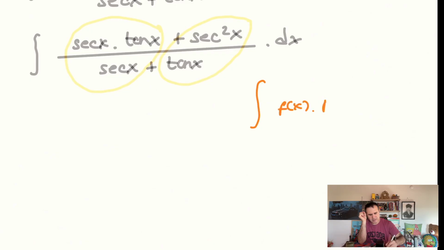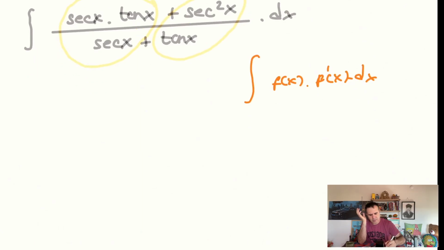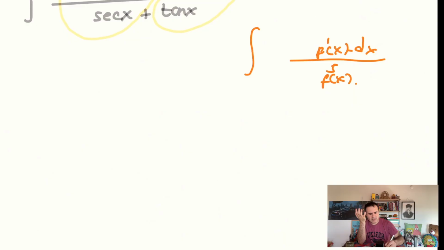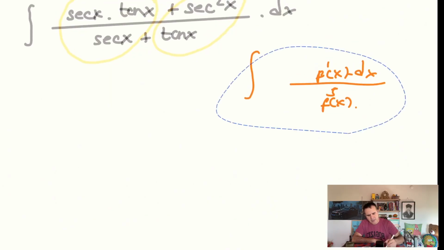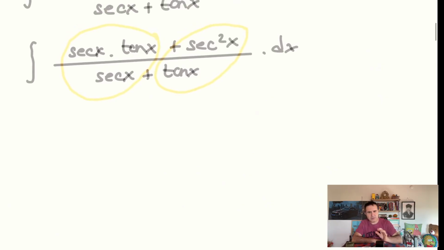If we have a function and its derivative multiplied by dx, we always use the substitution rule. Where the function stays is not important here. Maybe f(x) is right here, or it may be at the bottom side, or it may have any exponent. It's not important. If we have any function and its derivative multiplied by dx, we always use the substitution rule. And here we will use the substitution rule, and we say that secant x plus tangent x